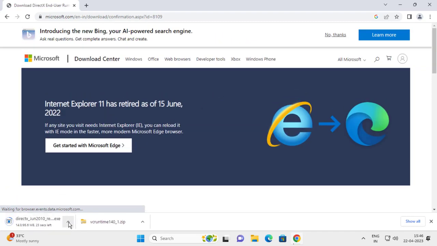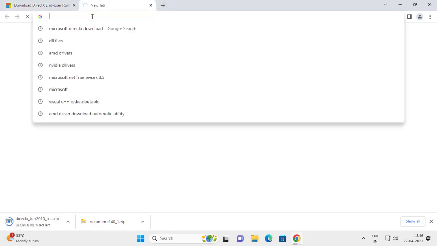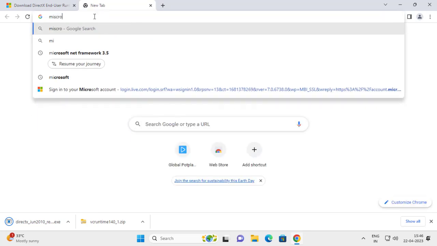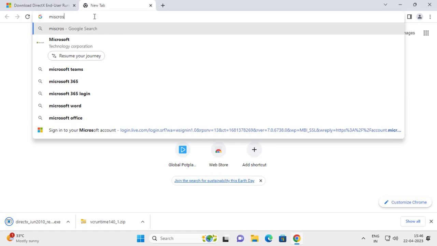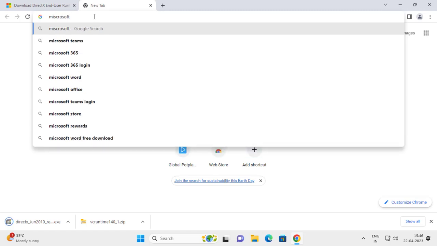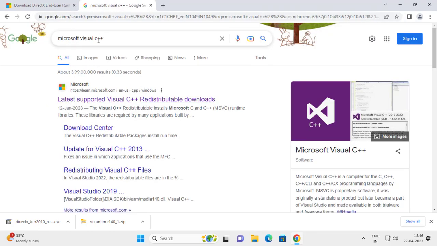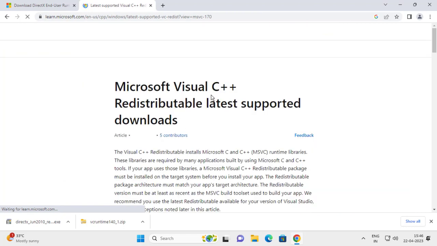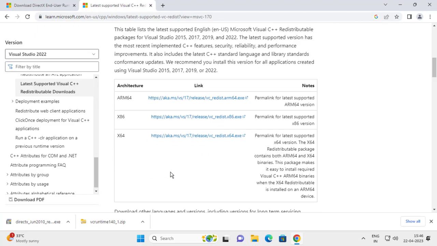After downloading this, before installing it, let's go to another website and download the third step also guys. Third step, you need to go to Microsoft Visual C++. Click on Microsoft Visual C++. You need to download it guys. Go to the latest supported Visual C++ and scroll down, and here you get a link for 64-bit. Download it,